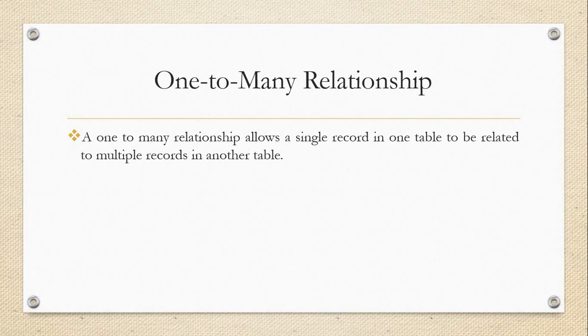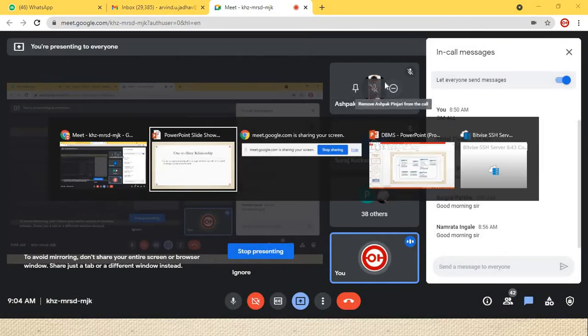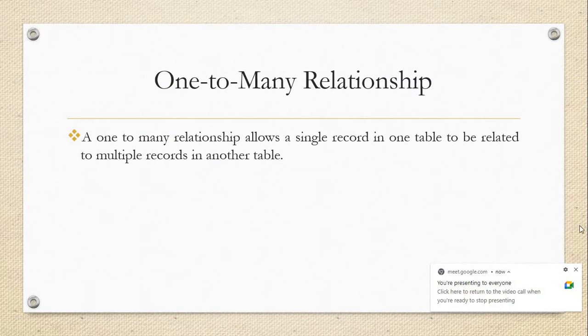Today we'll discuss the last concept of database theory. In that, we'll discuss the concept of relationship, and this is the major topic of database design. We all know that we learned about the first normal form, second normal form, and third normal form. These forms are used to create the database design. The major aim of these forms is to avoid redundancies and dependencies.